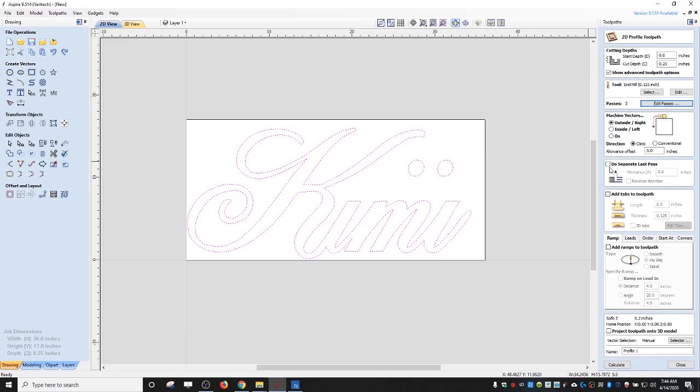Separate last pass, you could do this too. You know, like to get it mostly done and then take just a sliver off. I'm not going to do that. I'm actually going to probably use double-sided tape to hold this down underneath, so that I don't really need to